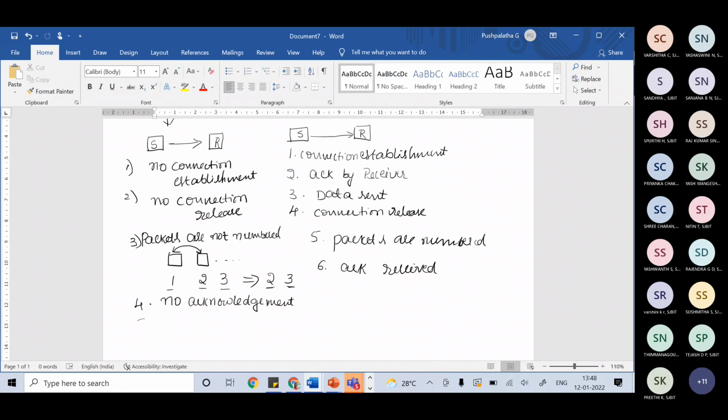Discontinuity of the packets may happen, so they may not reach in proper order. So I'll write: may be delayed or lost, or not in order, it may arrive out of sequence.